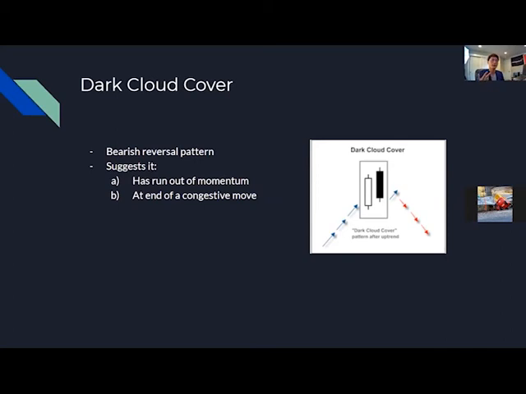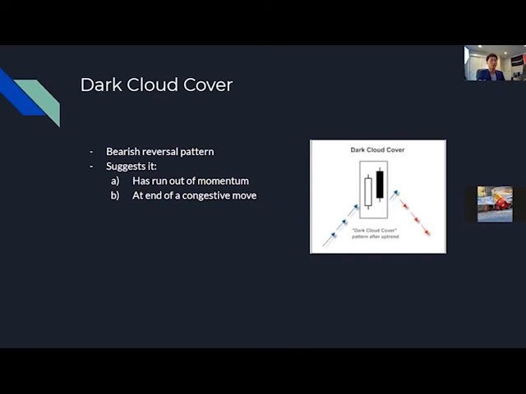So this could mean two things, as you can see with the arrows. It might suggest a congestive move, as I said earlier with the shaven head, or the shaven bottom rather, or it could just suggest that the price has run out of momentum, and at that point there might be a reversal in price. I would suggest writing out this diagram. It comes up very commonly, especially in short-term trades.